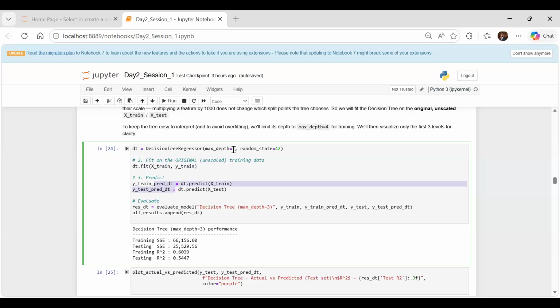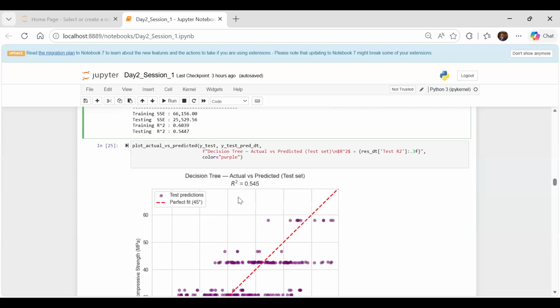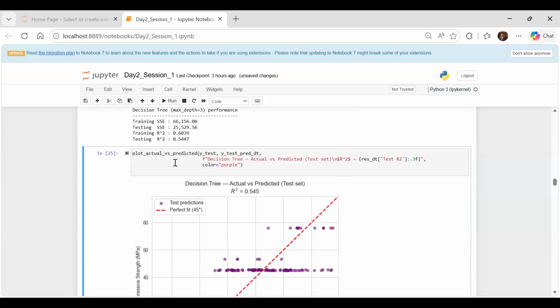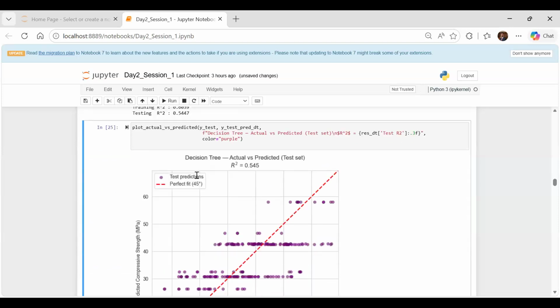So with a depth of 3, I have obtained 60 and 45. Not bad, not overfitted, but it's not very good performance. I would say moderate performance. Let's see what will happen. First we'll try this one. Okay, depth is 3, and